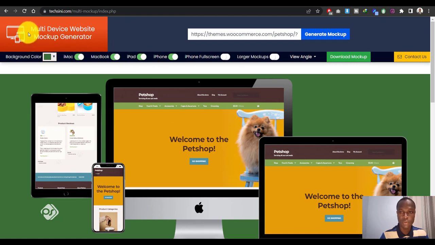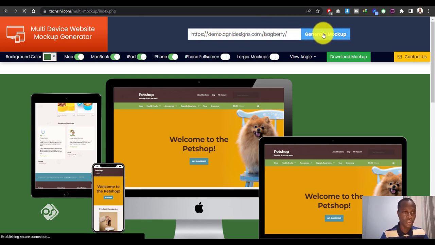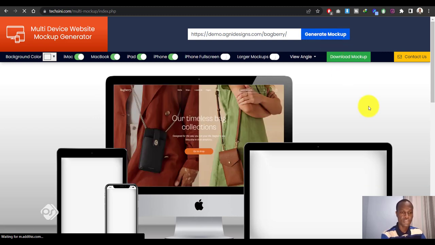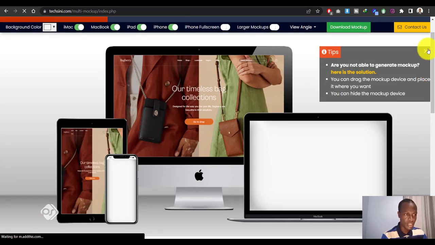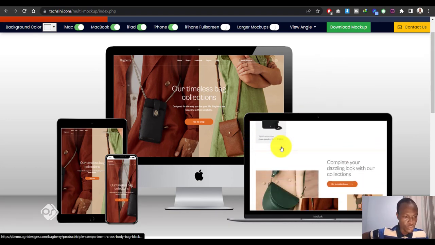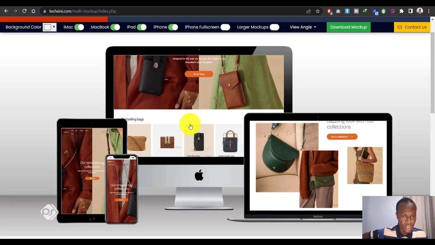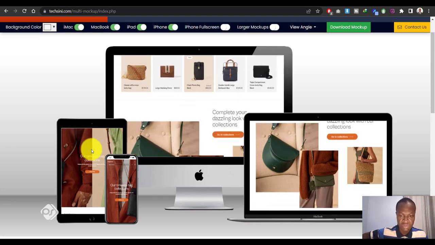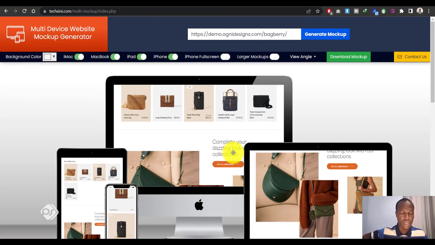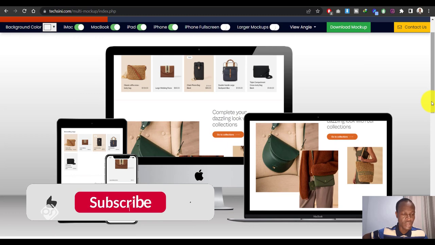our device Mockup Generator again, and paste the URL here. Hit generate mockup, and as you can see, we have another nicely done mockup design for us. You can scroll through, get different sections of the website showing. We can scroll through each of the devices, and this comes in handy when you